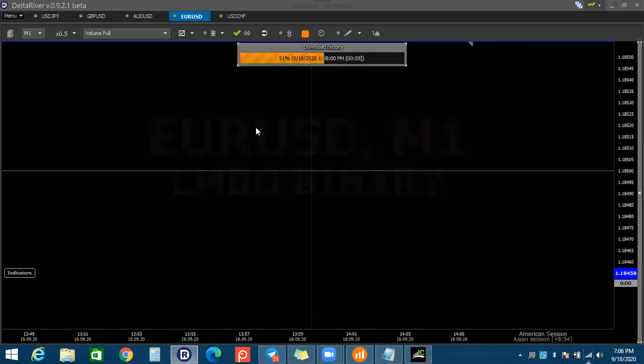So when the Delta River opens, leave it for 10 to 15 minutes. It will give you clear information. Don't start trading immediately. My broker gave me the history from the back side, and I can see more than 50 to 70 candles back. Maybe some brokers are not giving the previous history, so your current candles will start in the Delta River.